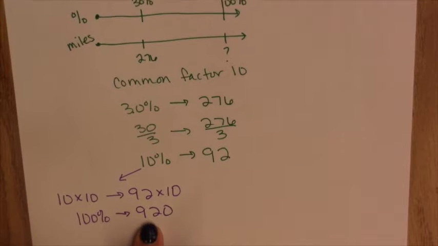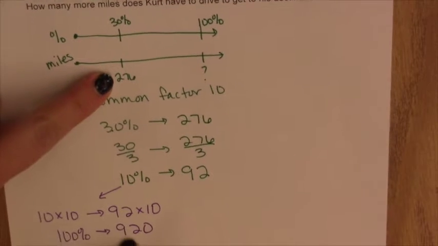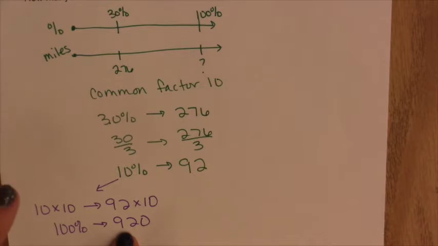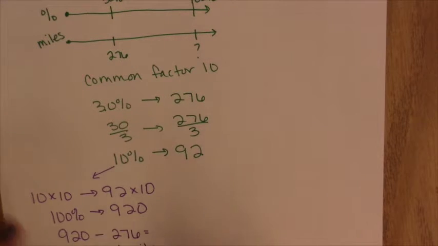But out of that 920, he's already driven 276. So I would need to subtract those amounts. So 920 minus 276 would leave us with 644 miles left. Okay, so we could do it this way, or